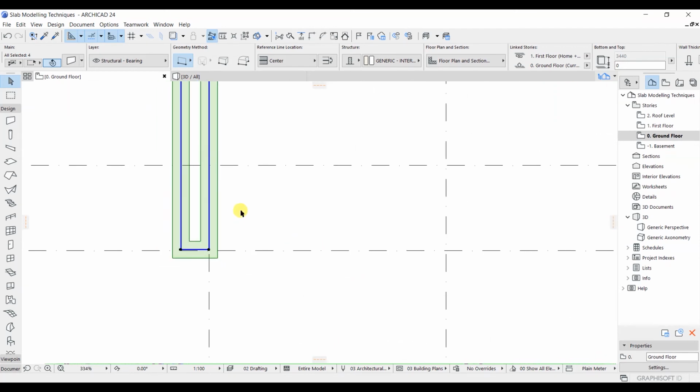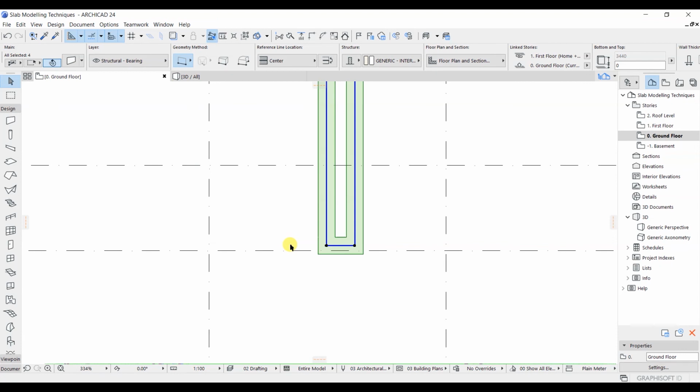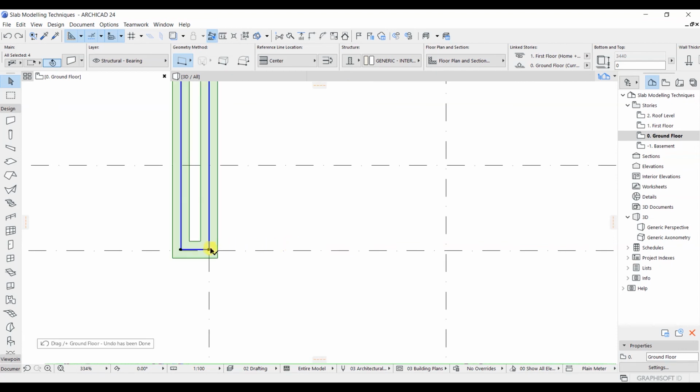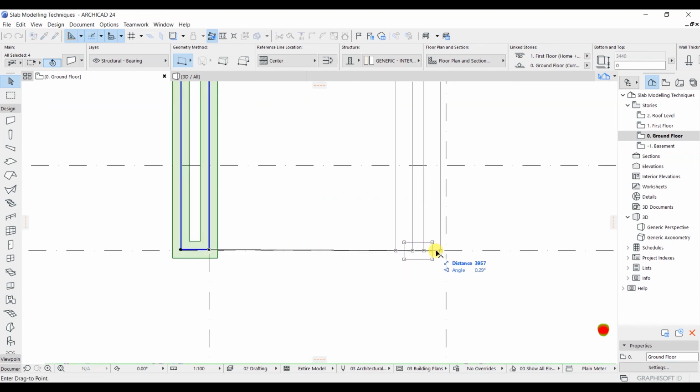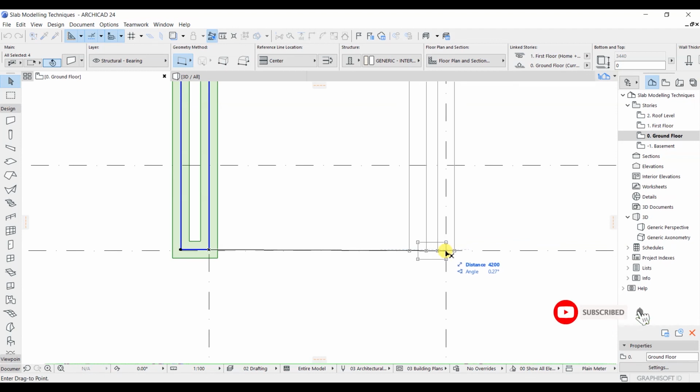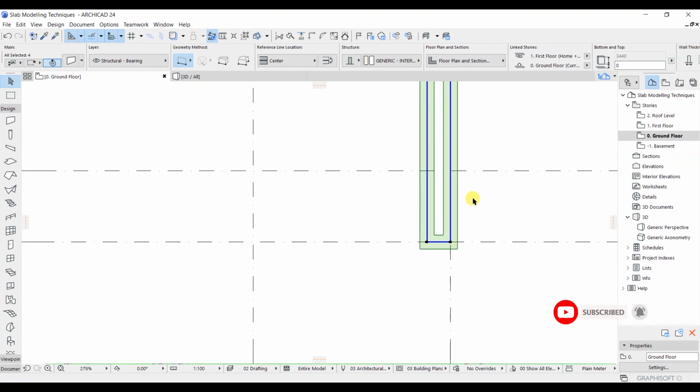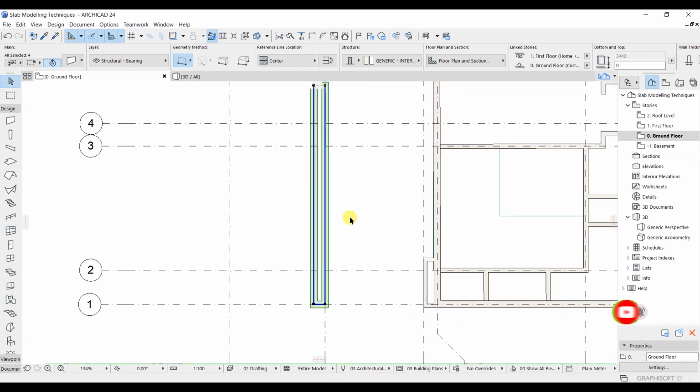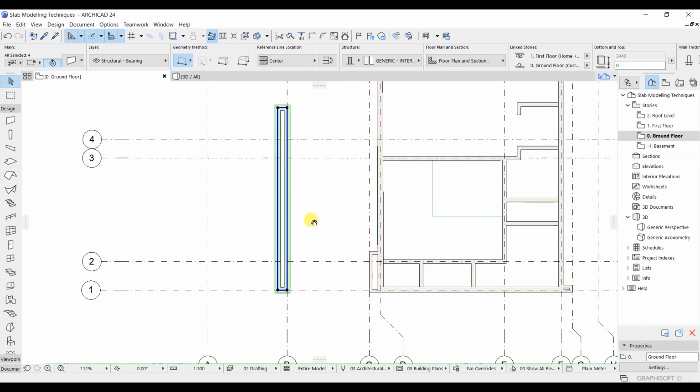For that I will press Ctrl D, and after that I will choose this point here. You can see this point, and after that I will take my mouse cursor, press Ctrl D, and choose this point here and take this to this grid, this intersection. So now that we have successfully moved this wall and this side, what we are going to